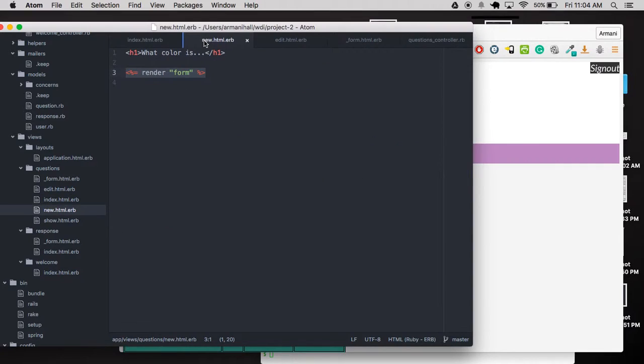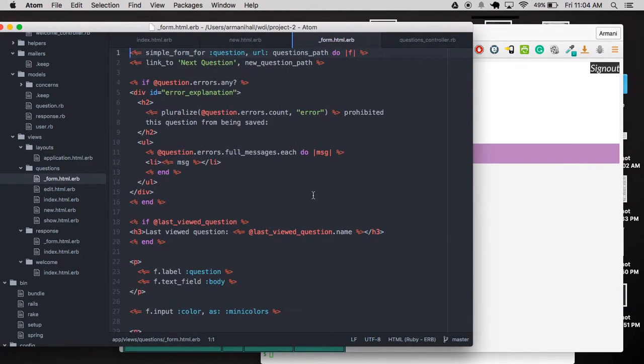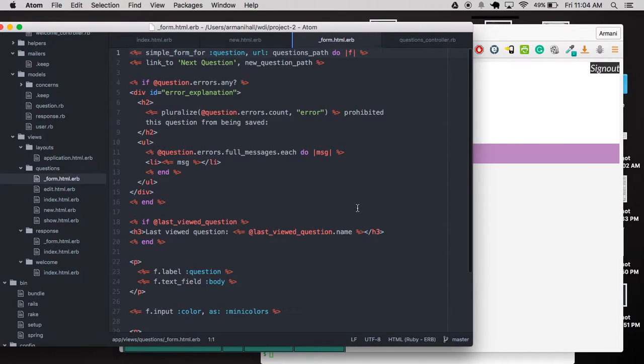All of that is pretty straightforward, and I did a couple of render forms there to keep things light. And as you can see here, there's just the basic structure for my form template. I did use a gem, simple form, in order to add the color wheel that you saw me use earlier, so you didn't just have to type out the hex code. You can actually click on